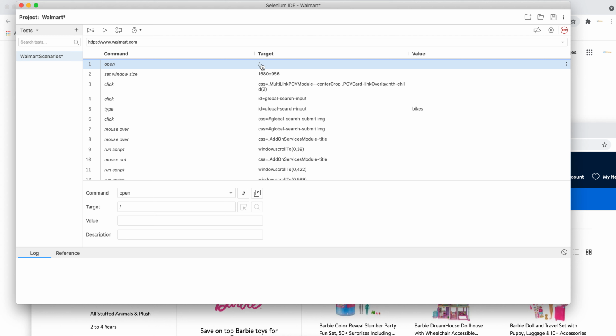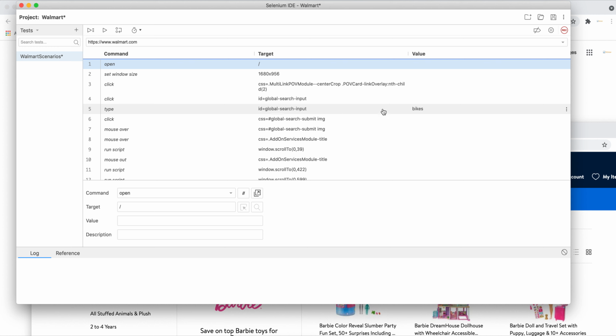First, walmart.com opened the website, and I maximized and changed the window size. There is a click, and this is the CSS path for that click. There was one more click with ID equal to global search input, which may be a search box.